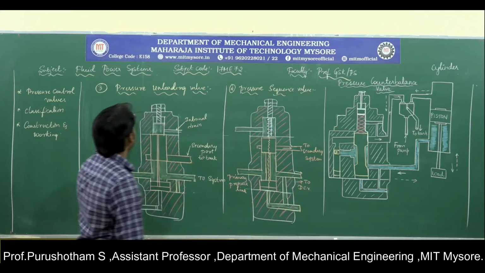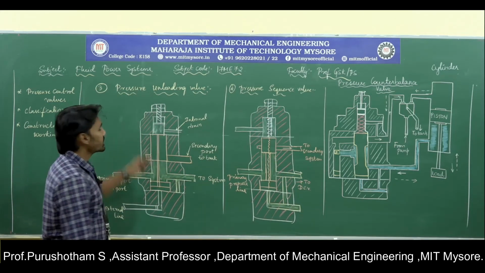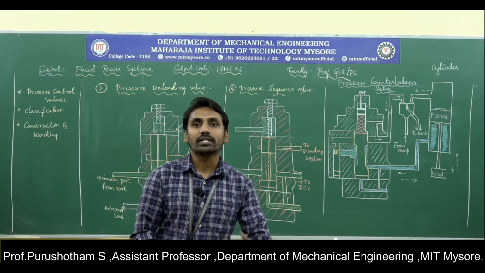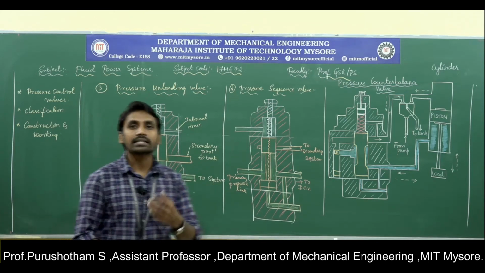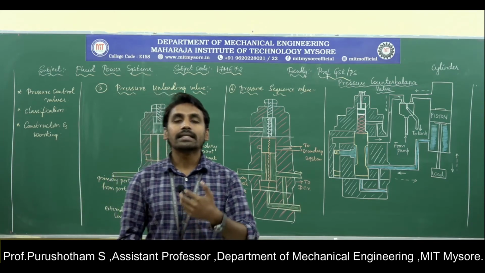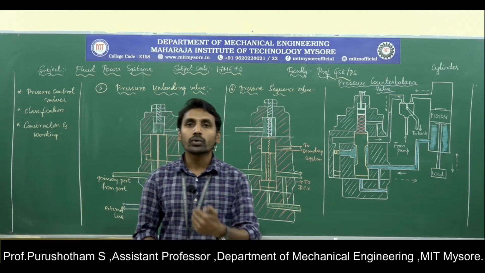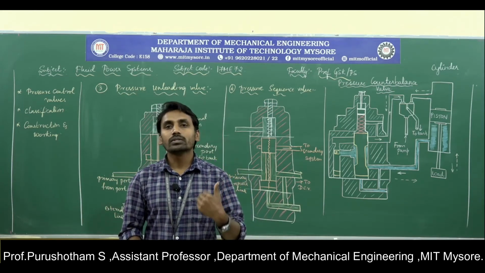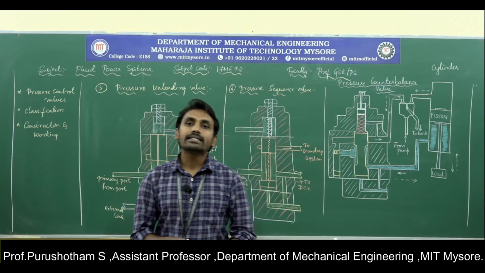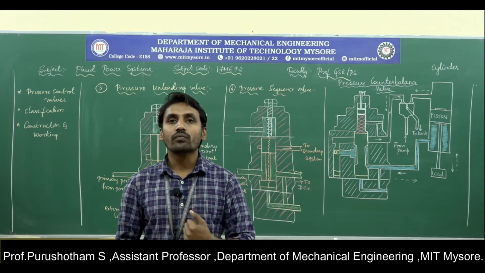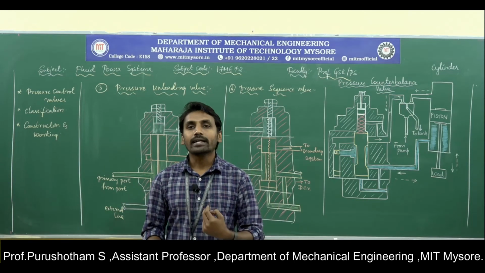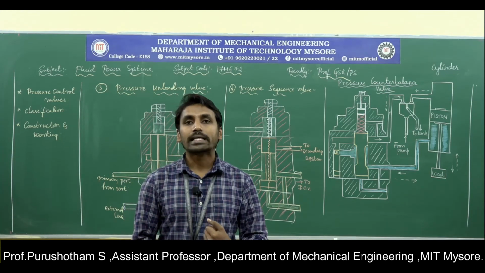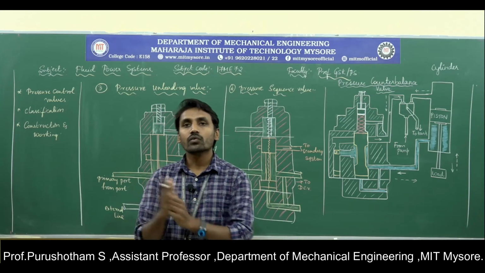Next we move on to the pressure unloading valve. Here the fluid has to be unloaded at low pressure by using this pressure unloading valve, while the pressure relief valve utilizes the entire system pressure to unload the fluid to the tank. But by using a pressure unloading valve, we can unload the fluid to the tank at low pressure. The necessity of a pressure unloading valve arises when two pumps are operated with a large volume of oil at low pressure. So after some sequence of operation,